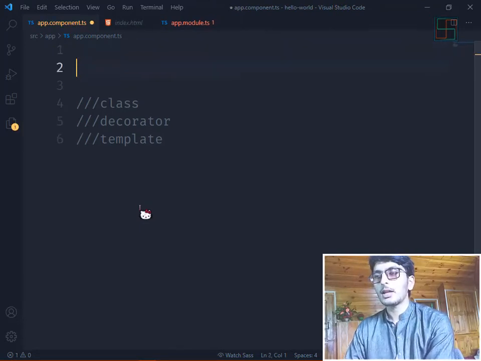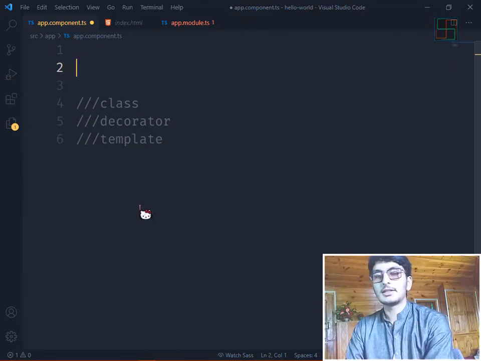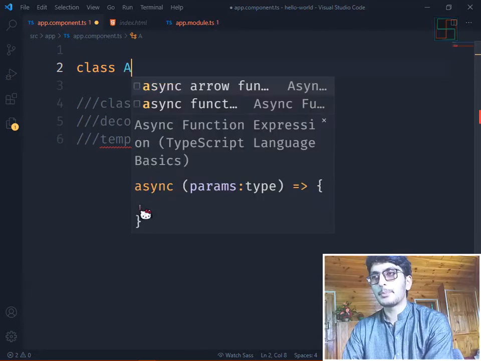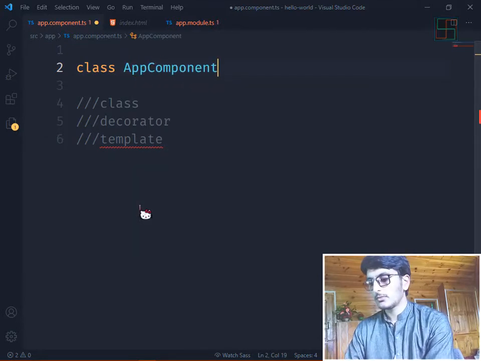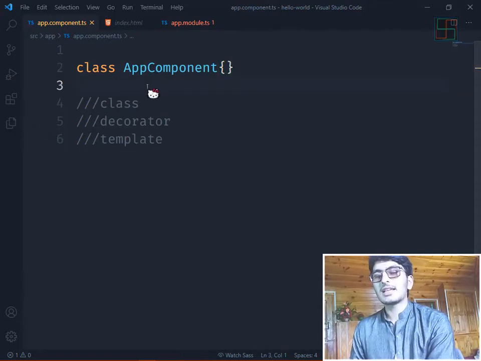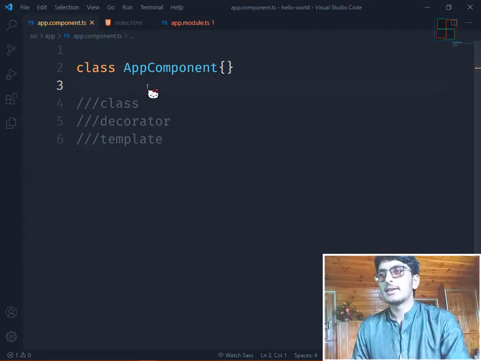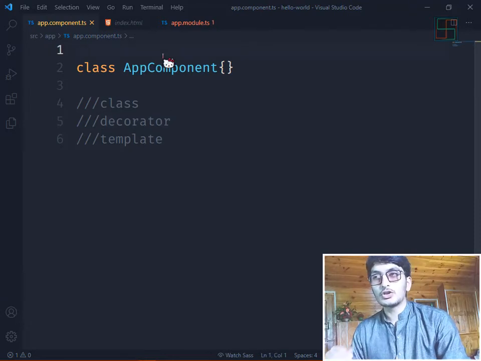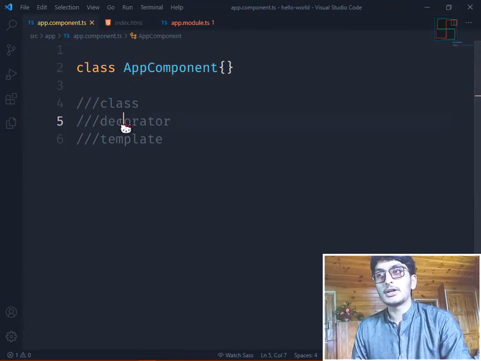Okay, first is class. Let's declare a class, and the class name is AppComponent. Okay, this is our AppComponent class. Second is decorator. Let's decorate this AppComponent with a decorator.